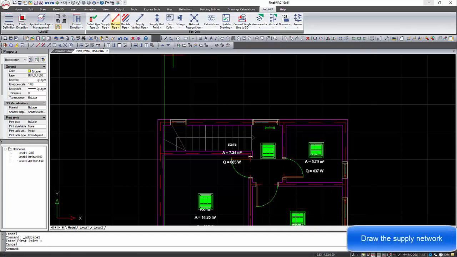Only the supply network can be installed, and the program will include the return network in the calculation sheet.